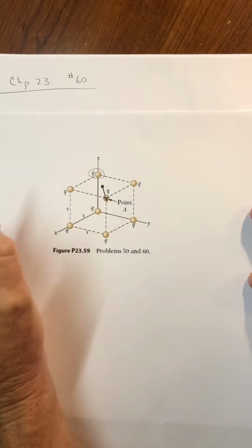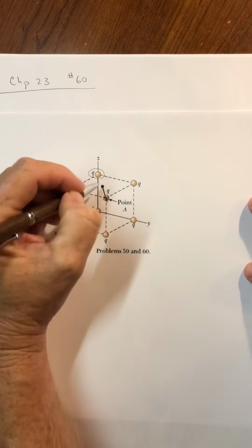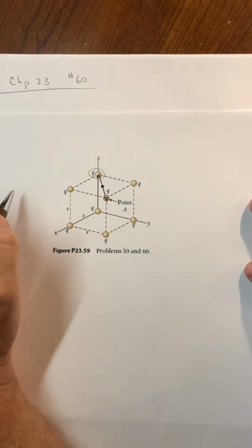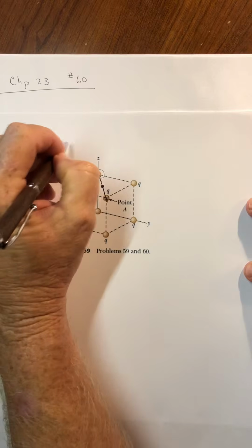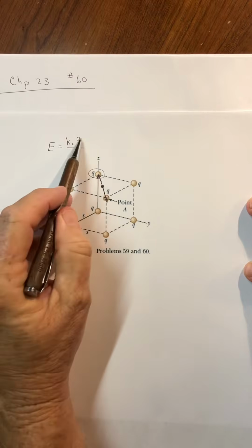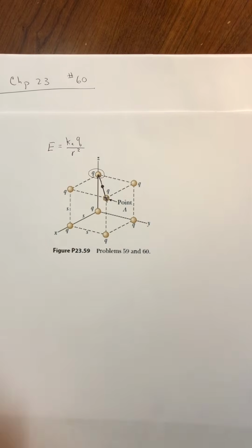Maybe I drew the arrowhead too big. I kind of covered that one. But what I want you to also see then is this charge that I've now covered would make an electric field pointing that way. And since we know the equation for the point charge is this, these two have the same charge, Q. They're also the same distance away from that point. So they would make an electric field that is equal in magnitude, but opposite in direction. And so those come out to be 0. So even though the electric field is made up of all 8 charges that are on the corners of this cube,